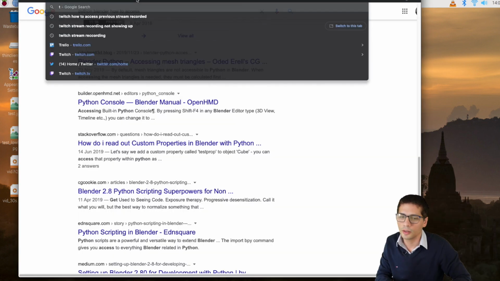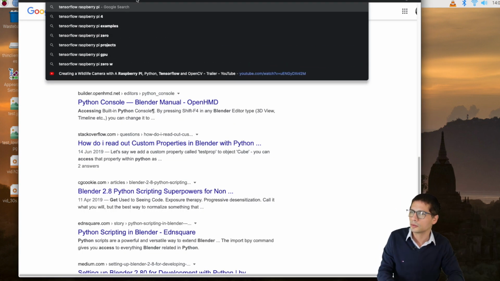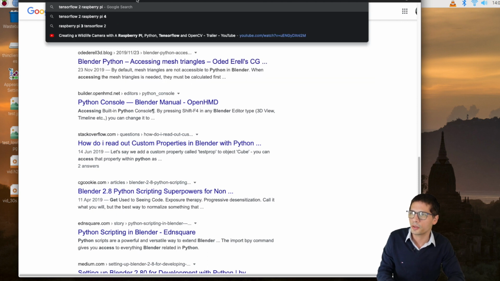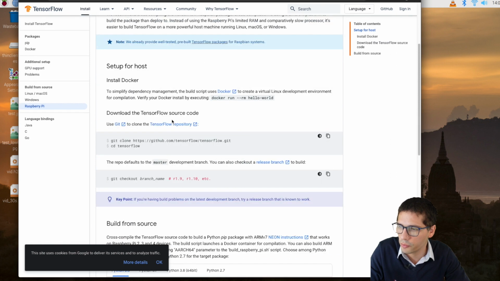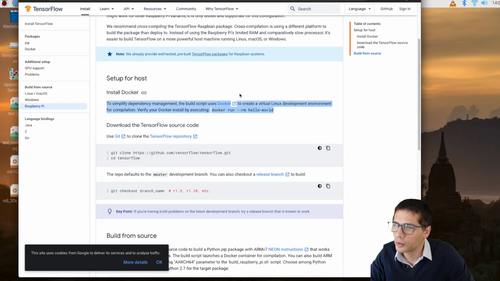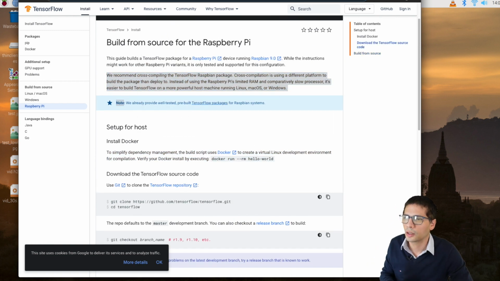Right, so let's find TensorFlow Raspberry Pi. I think TensorFlow used to have some images for Raspberry Pi for the ARM processor. But I don't want to build it from source, it will take a couple of hours for sure. But there is already a TensorFlow image with Docker. So I'm following the TensorFlow guide here.